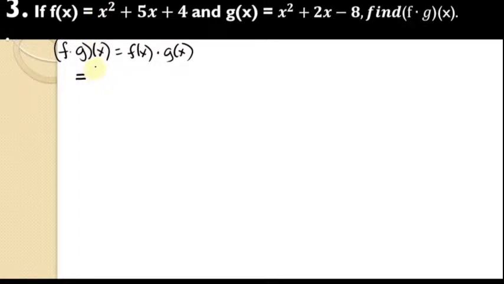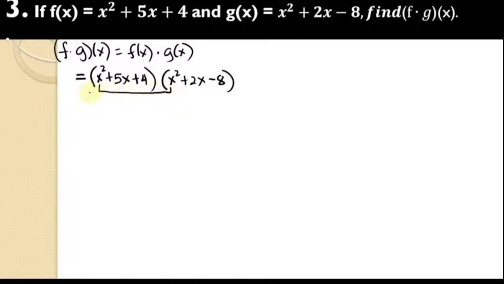So we have x squared plus 5x plus 4 times the value of g of x, that is x squared plus 2x minus 8. So isahin natin, first term to first term of this